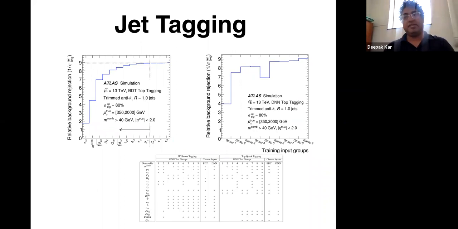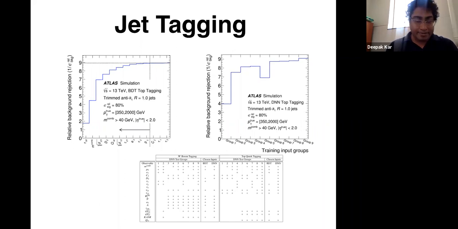So jet tagging is one of the most critical things, as we said, depending on the origin. Typically we try to find out if the jet came from a top quark or a W boson, which are heavier particles, compared to light quarks, which are, let's say, up, down, charm, strange quarks, which are much lighter, or gluons. Jets coming from light quarks and gluons are typically our background because we get plenty of them, and jets coming from top can indicate exciting new physics processes, or even if you are trying to do something with tops, they're interesting. So they used BDT and DNN for top tagging,